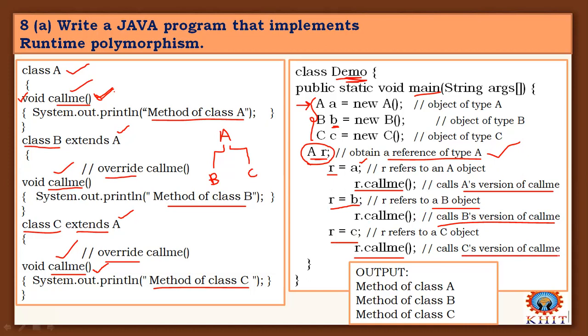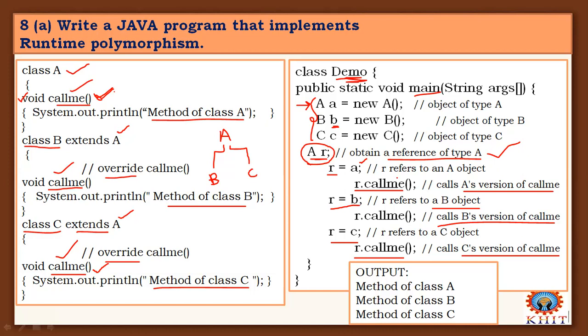This is the process of achieving runtime polymorphism: creating a reference variable of a superclass, assigning a subclass object to that reference variable, and invoking those methods that are overridden. Overriding is the concept of having a method with the same name and exact same properties: same method name and same parameter list, including the return type. The signature of the method should match 100%. If the return type or any parameter list changes, that is not method overriding.